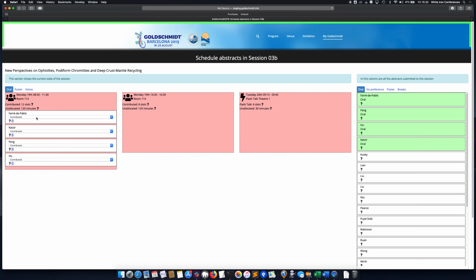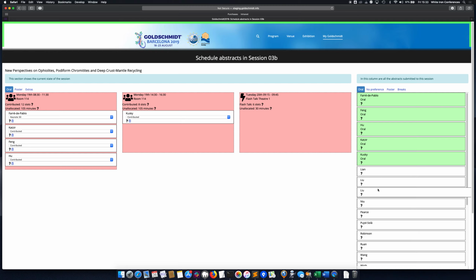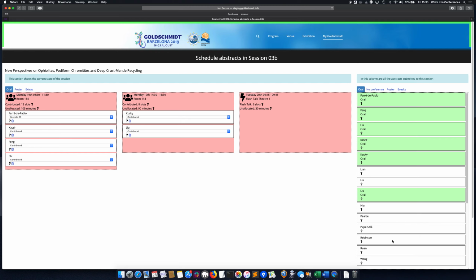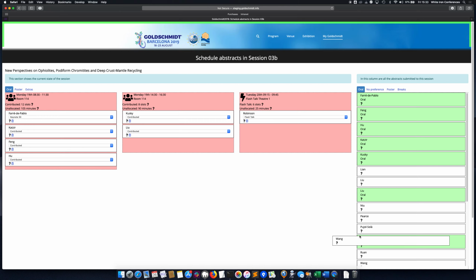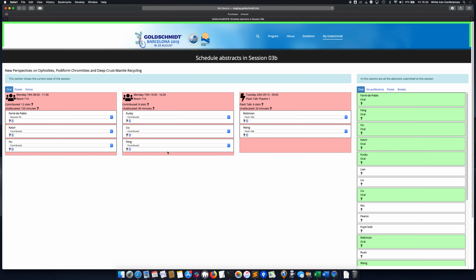We can change the type of talk from the list here. Usually all you'll want to do is change the keynote talk to a 30-minute keynote, but you can also mark them as invited or various other things there. So basically this is all we do. We just drag abstracts here, choose the ones which you want as flash talks, and put them in the flash talks period there. If you want to change things, we can drag talks between the different periods, and that will update